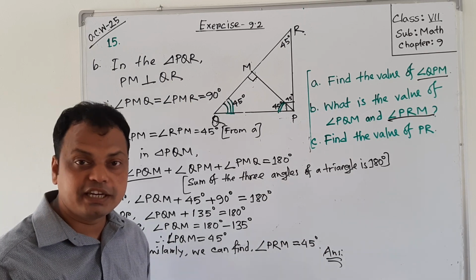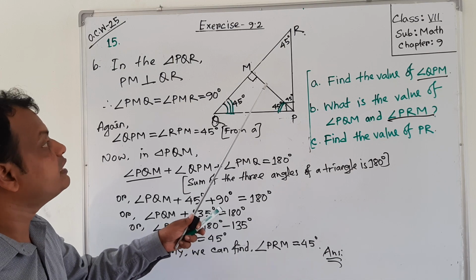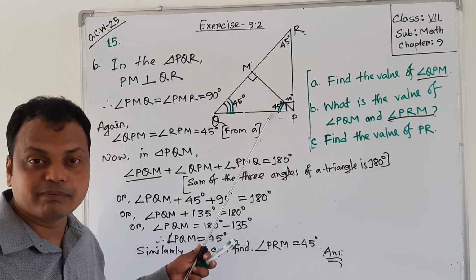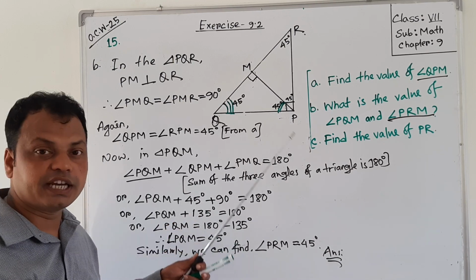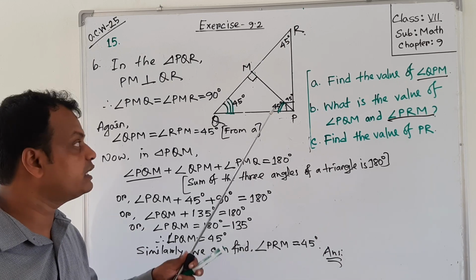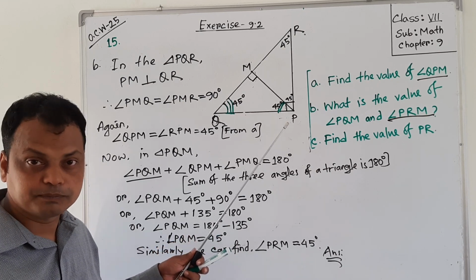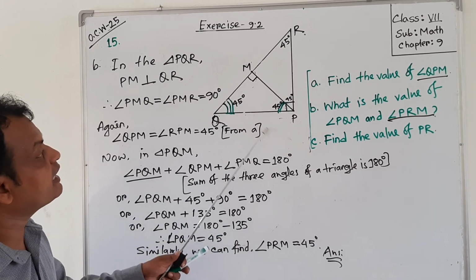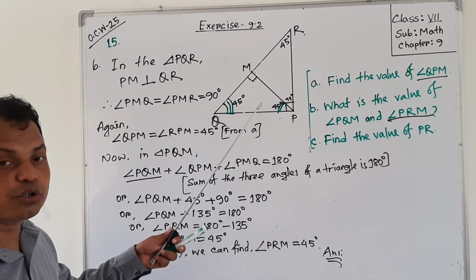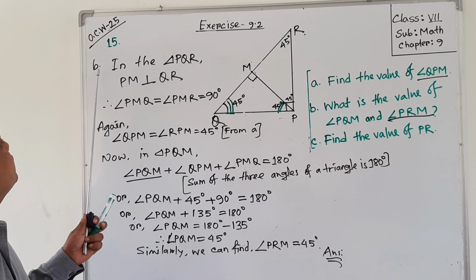I want to show it again from the beginning. You can see the figure. This figure was drawn in question A, so there is no need to draw it again. If you want to draw it, you can, but it is not mandatory. Draw this figure in B as we have drawn the figure in A. So the answer is the third question, B.